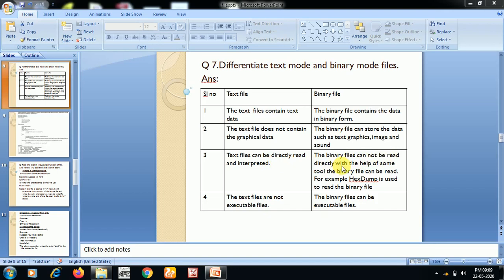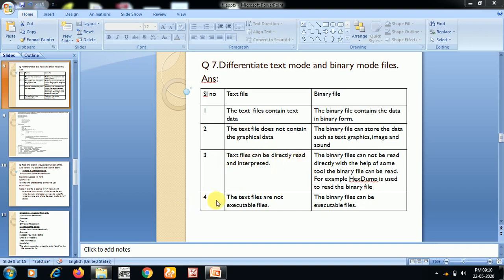So at that time you have to take the help of some tools to read them, for example hexdump. Hexdump is used to read binary files. Here you require a converter which converts that data in the form of zeros and ones into a human readable format. But with text files you do not require any interpreter or compiler because it is already in a readable format.